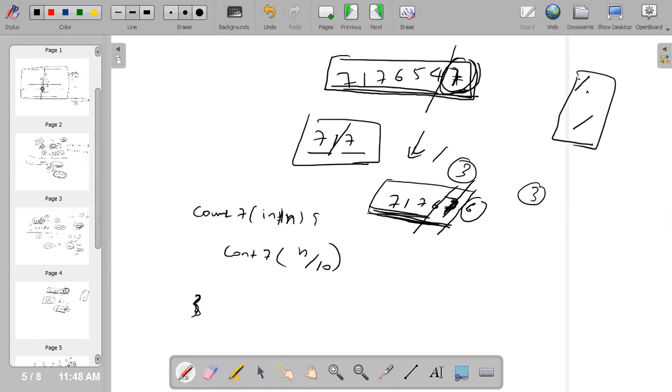Once this is the case, I'll crack the divide into two parts. So this is actually my hypothesis.